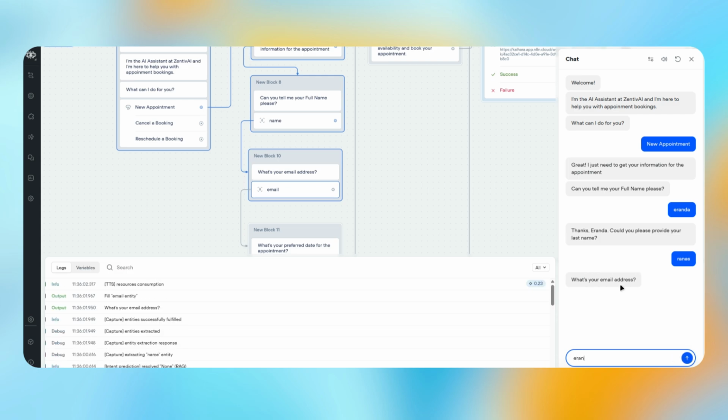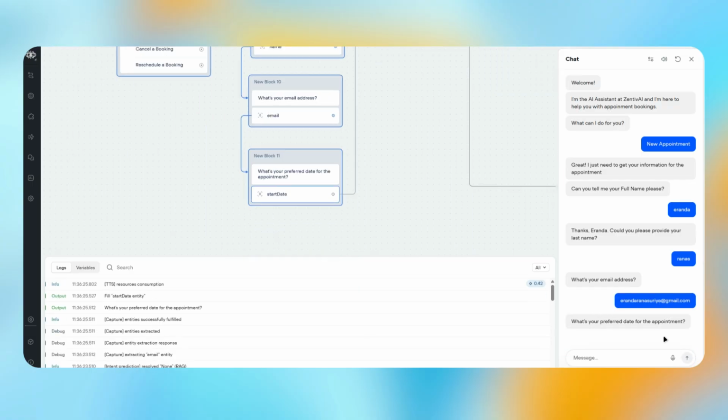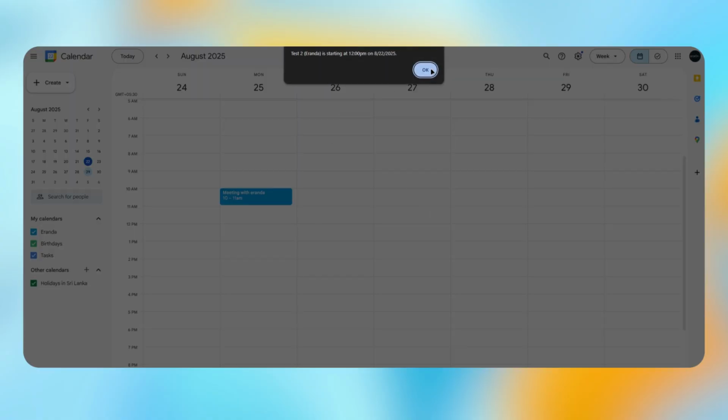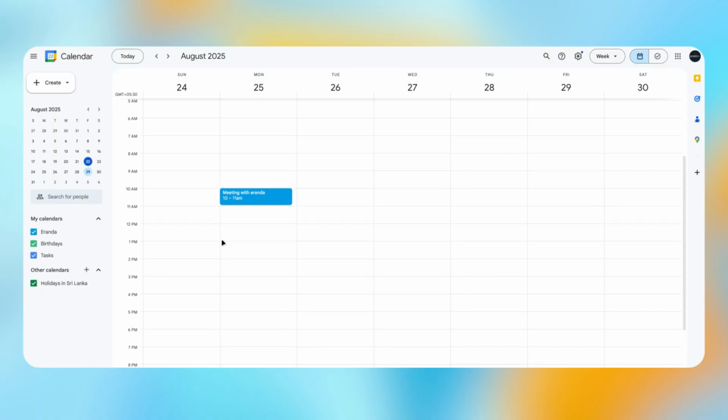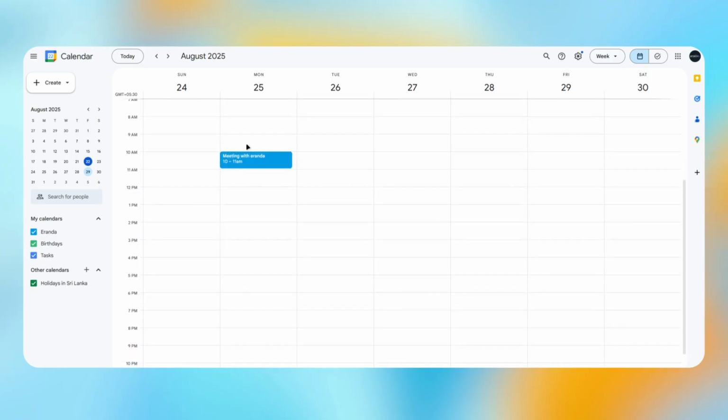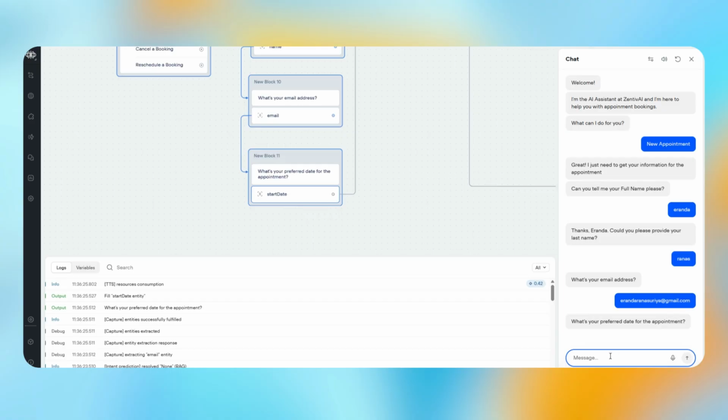Email address, ranasuriya@gmail.com, and it's asking for the date. Okay, let's go for the same one, so we can get the response back with available time slots. That's going to be Monday 10 a.m. Let's say coming Monday